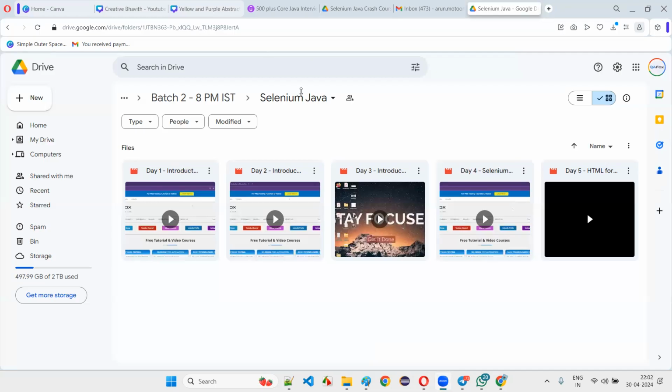Whoever is raising the hand, you can ask me the questions. Regarding the reason that we are discussing this HTML: it is because of identifying locators, right? Yes, for locators, these HTML concepts are required. We have different types of locators. Out of all, we are using XPath more frequently. Suppose the corresponding locators are not there, we try to use XPath.